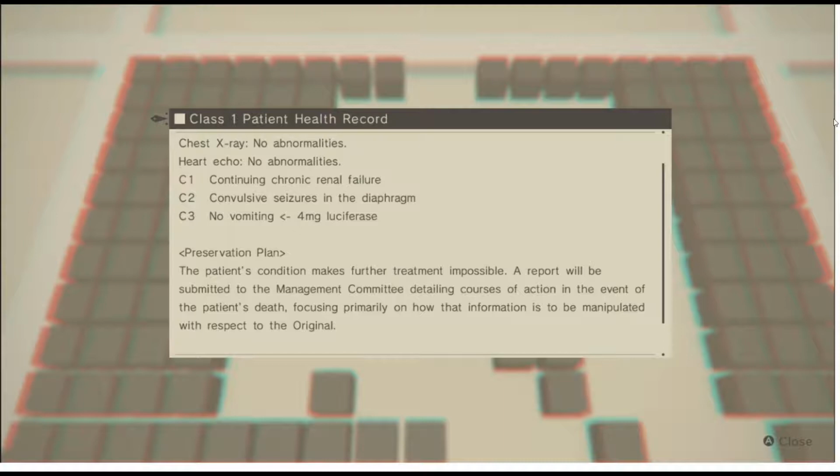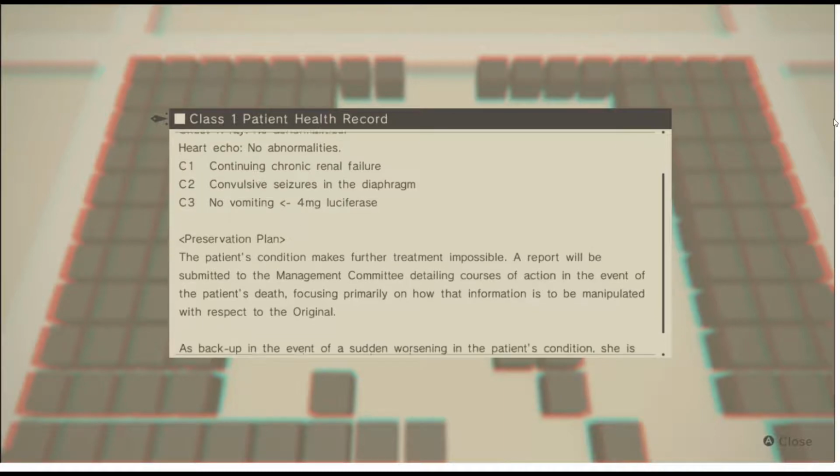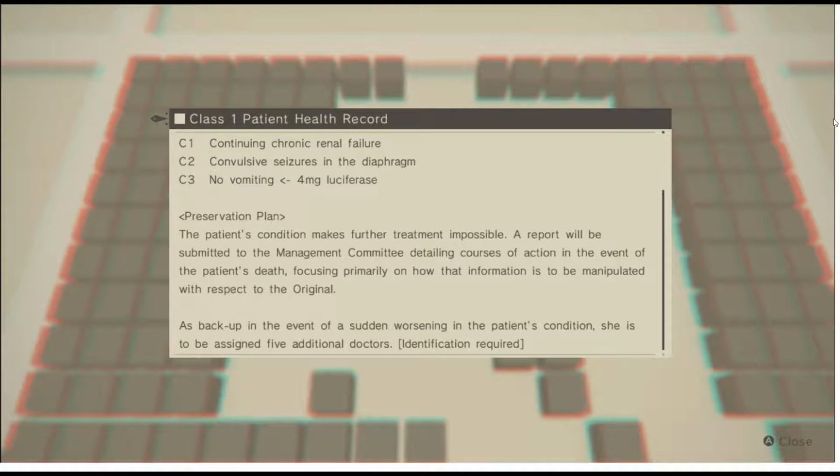C3, no vomiting, 4 milligrams of luciferase. Preservation plan. The patient's condition makes further treatment impossible. A report will be submitted to the management committee detailing courses of action in the event of the patient's death, focusing primarily on how that information is to be manipulated with respect to the original. As backup, in the event of a sudden worsening in the patient's condition, she is to be assigned 5 additional